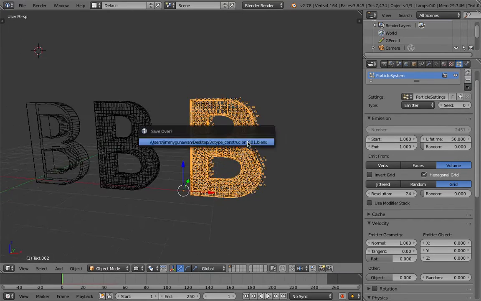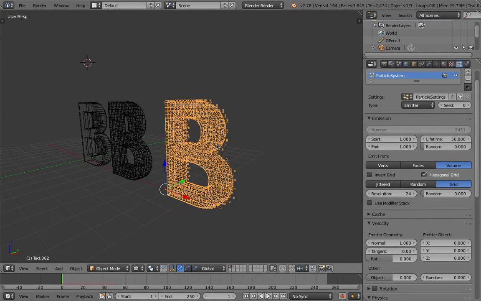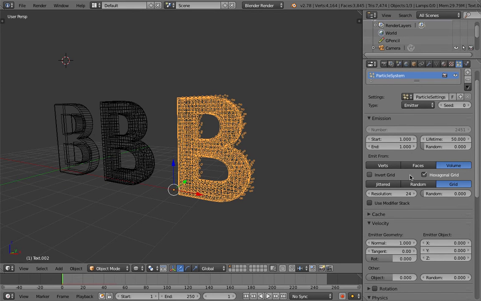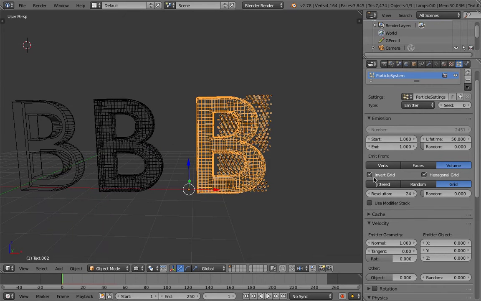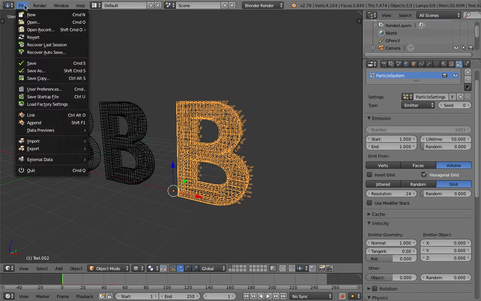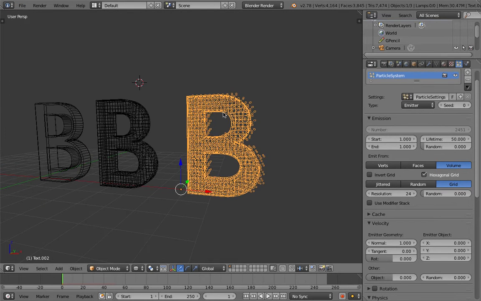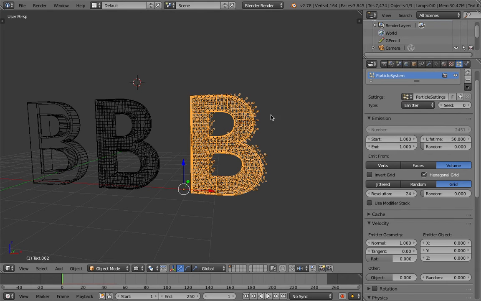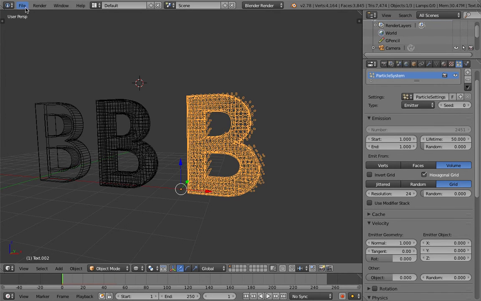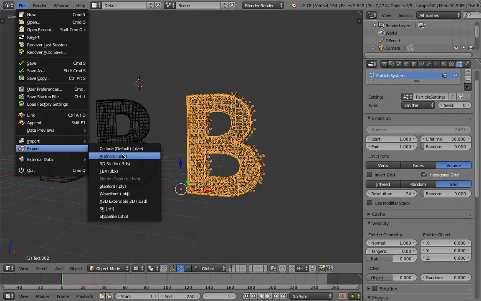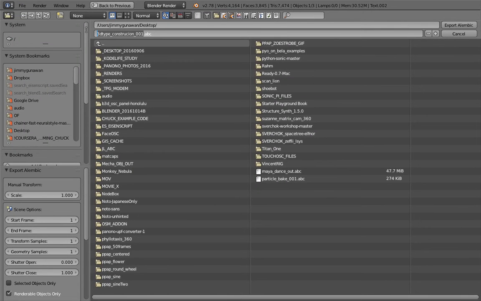Wonder if I use hexagonal today. Invert grid, not so useful, but anyway. File. What we can do next, I know there are ways to convert these particles into points, but the cool way is to just export it as Alembic. This is actually a good method, and I think I will start using this idea, kind of baking out into Alembic from time to time. So this is particle and this is hexagonal,